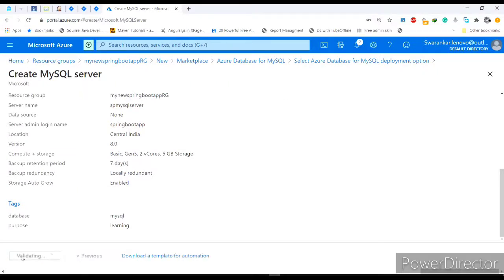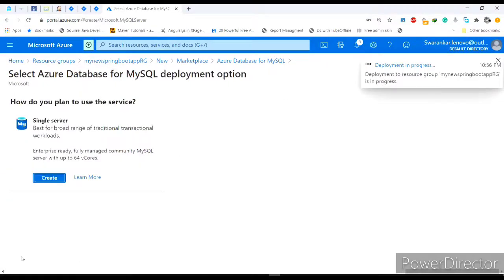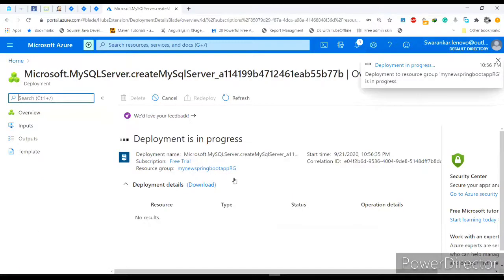Then click on the create button. So my deployment is in progress, so once it completes, then we will go for the next step.